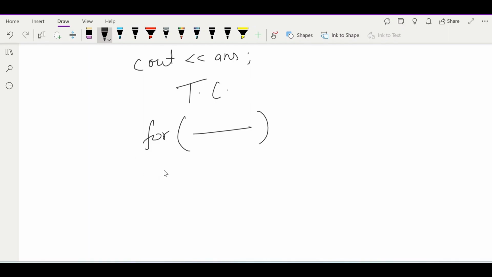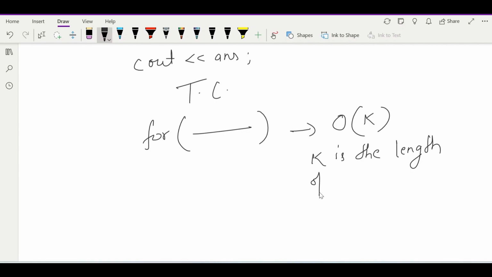So we can say the time complexity is big O of k, where k is the length of the string, or the number of digits.